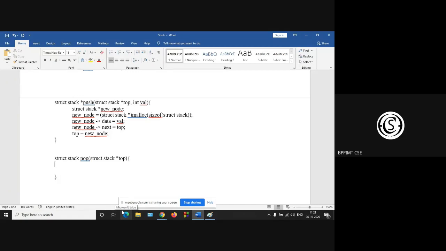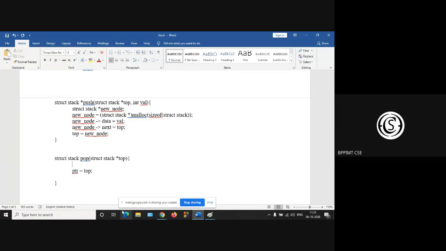What will be the pop function, how to write the pop function? Sir, top equals to top next. Oh no, first we will have to store the top: ptr equals to top, then top equals to top next, then free ptr.